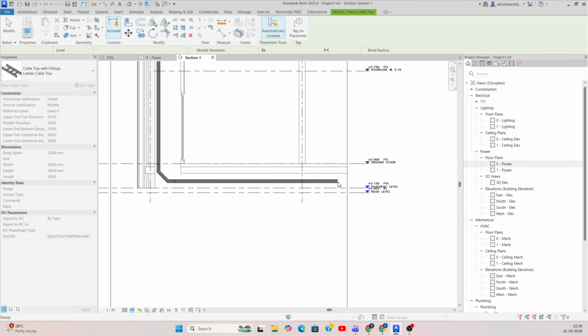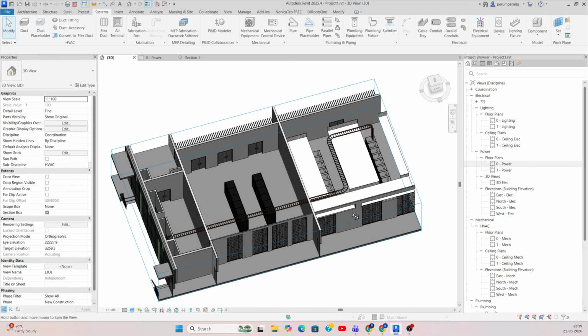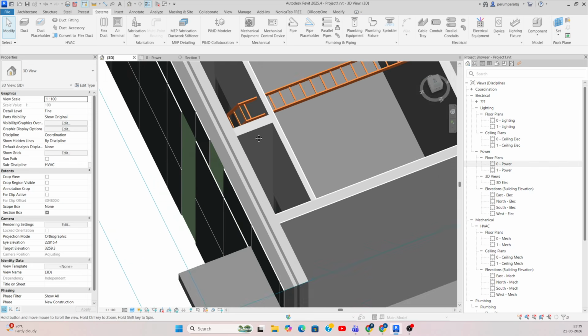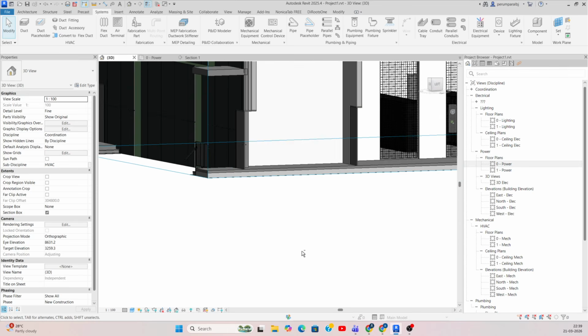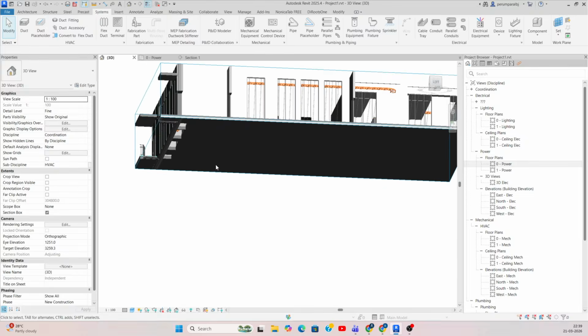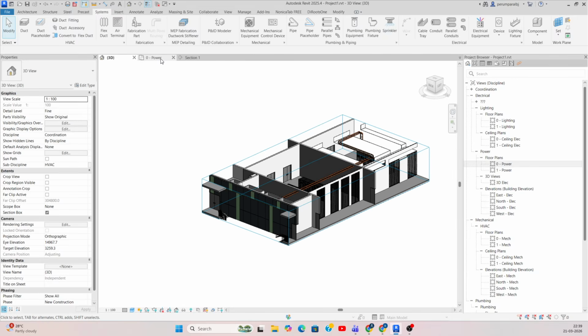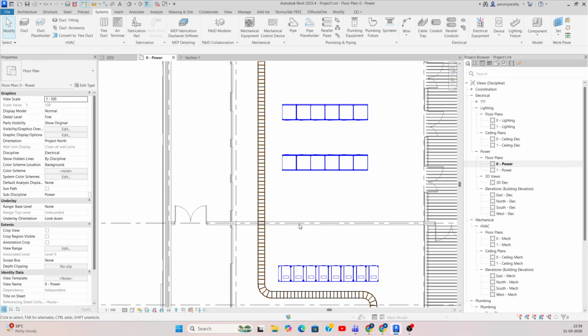It's going to some other areas. You can make the cable ladder like this. If you go to the 3D views and look at that one, it is perfectly going down to other areas. And if you want to look like this, you can see this one also. Okay, so then I need to make another cable ladder over here,